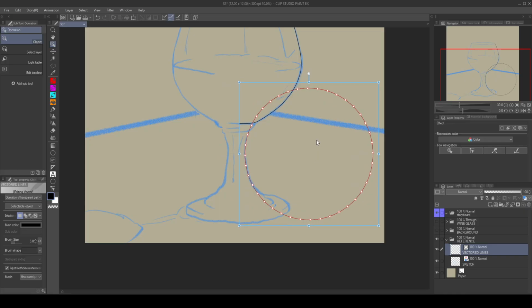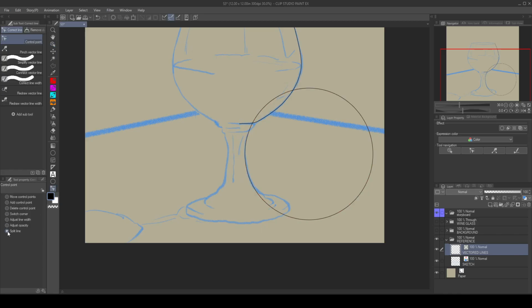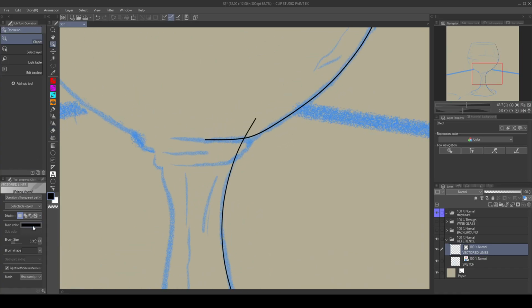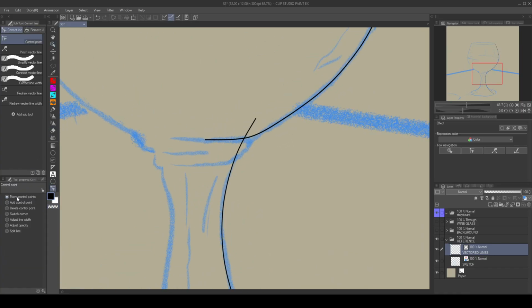Okay, this one should be quite easy. I'm going to come down and split this line. So I'm going to select the split line option and split there, and I'll let this come down to even there. Yeah, okay. Come back to the object and delete what I don't want. Okay,